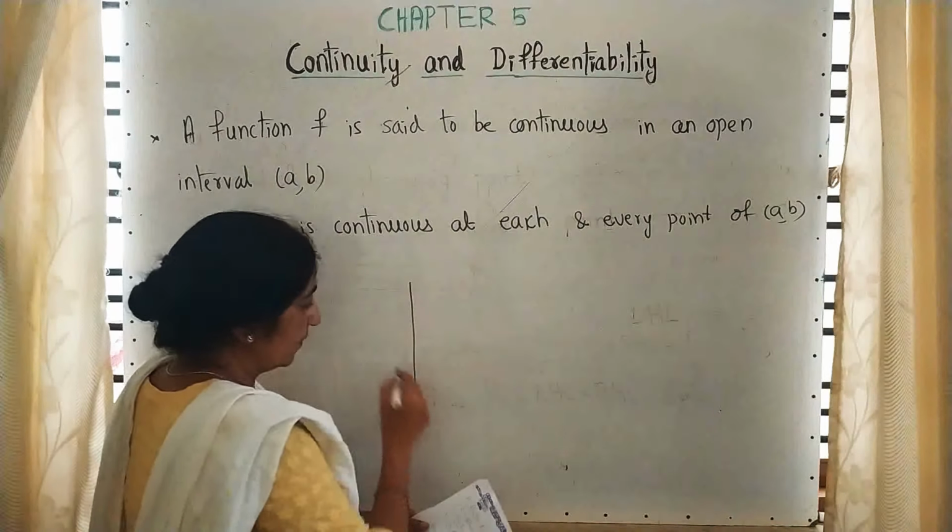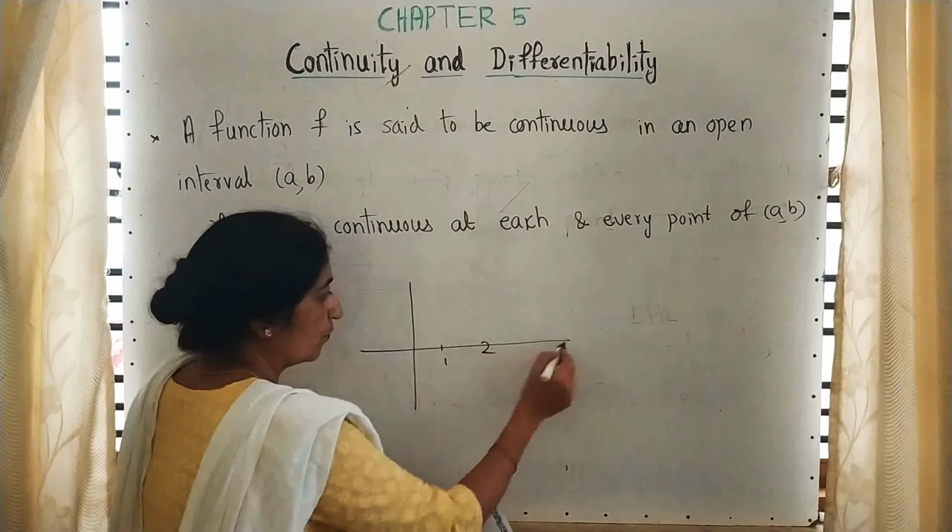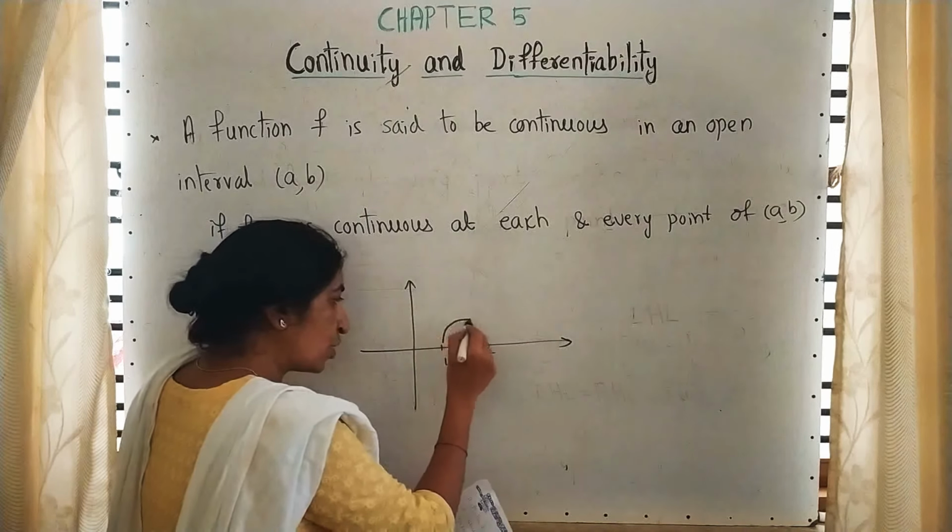For example, if you take 1 and 2, it should be continuous for these